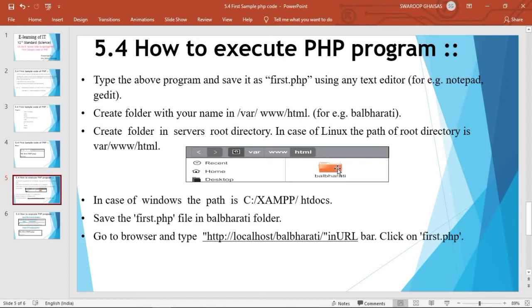If you are using Linux to run the PHP code, create a folder in the server root directory. In case of Linux, the path of the root directory is this, that is var/www, and within that the html folder. So in this way, here we have to create a folder. Here it is Balbharti. We can create a folder like I have created a Siley folder for my project